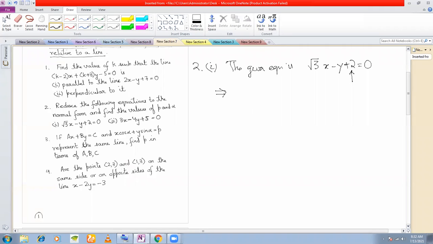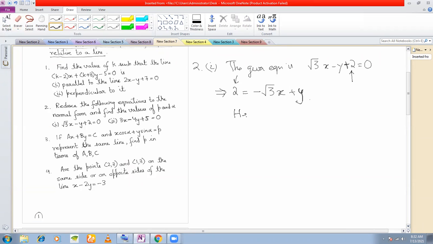So here 2 plus 2 is already there. So we can write this equation as 2 is equal to minus root 3x plus y. Why? Now this is of the form x cos theta plus y sin theta, right? That is why we write it in this manner. And since p is always positive, that is why we try to keep 2 positive. Okay. So once we write it in this form, in order to reduce this equation to normal form, we now